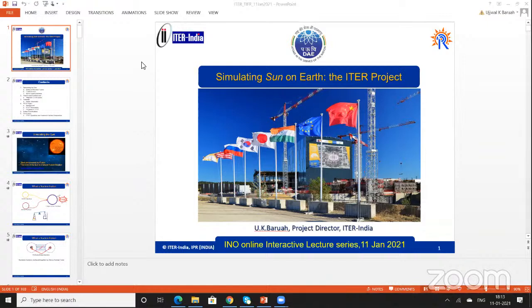This talk is going to be given by Mr. Ujjwal Baruah, who is the project director of ITER India. We had an outreach drive in 2019 called Vigyan Samagam, in which 8 mega science projects of this country participated, conducted by DST, DAE, and NCSM. The ITER project was one of the biggest centers of attraction during this period,